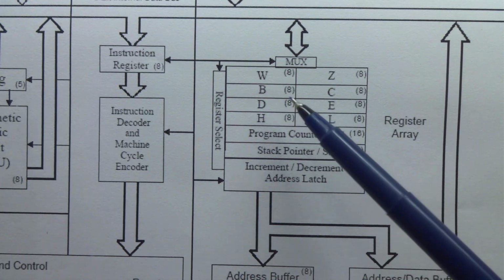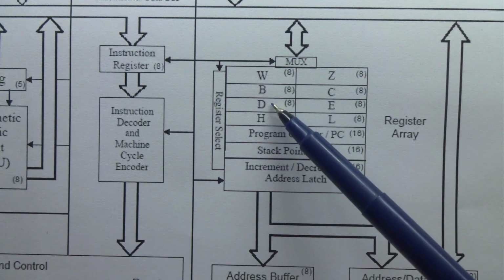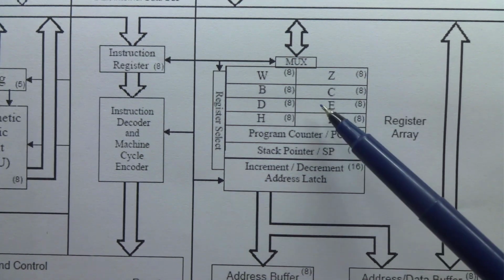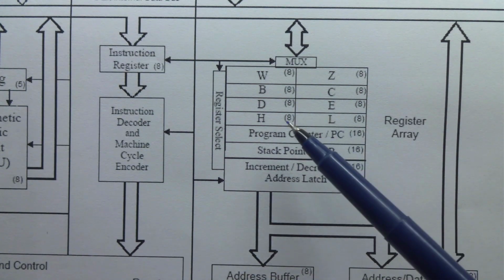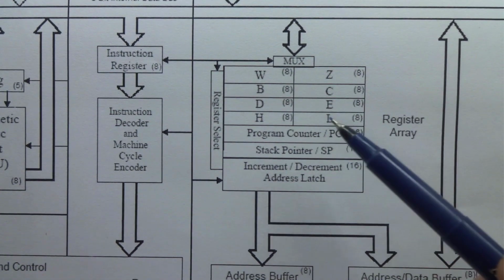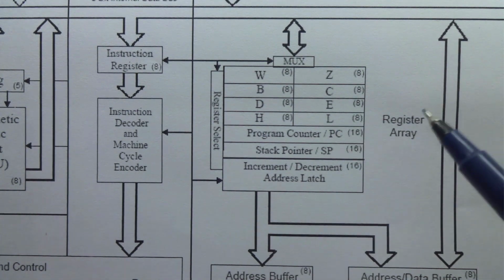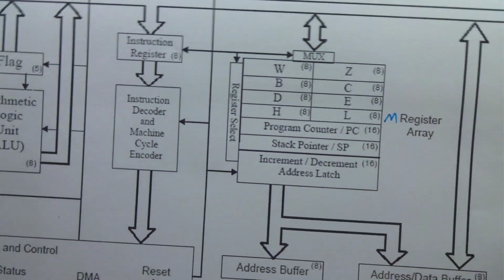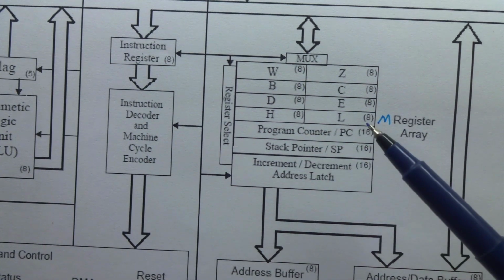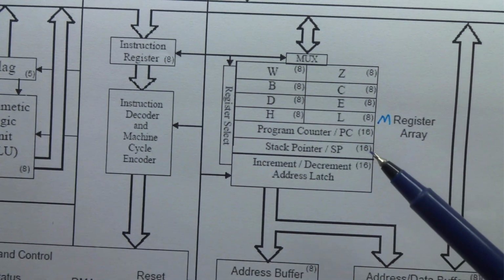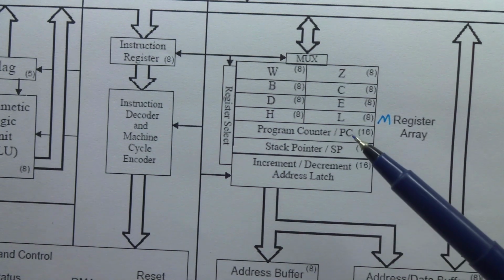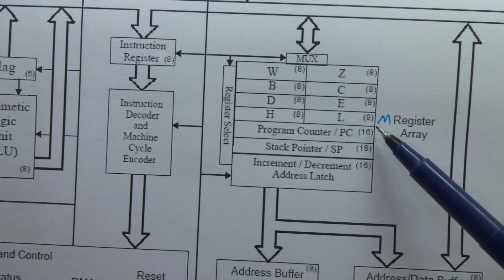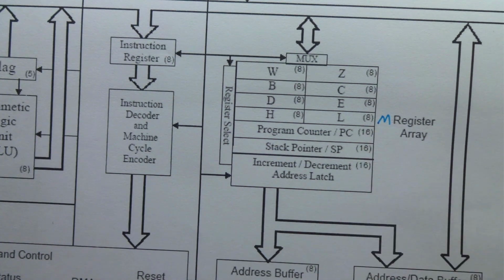So it is the BC register pair. Otherwise D register and E register, that is the DE register pair. Or H register and L register, that is the HL register pair. This HL register pair is also named as M. That means memory. This HL register pair is mostly used to hold the address. This register can be accessed by giving the HL register pair or just giving the letter M. This is just a notation to address the H and L register pair.